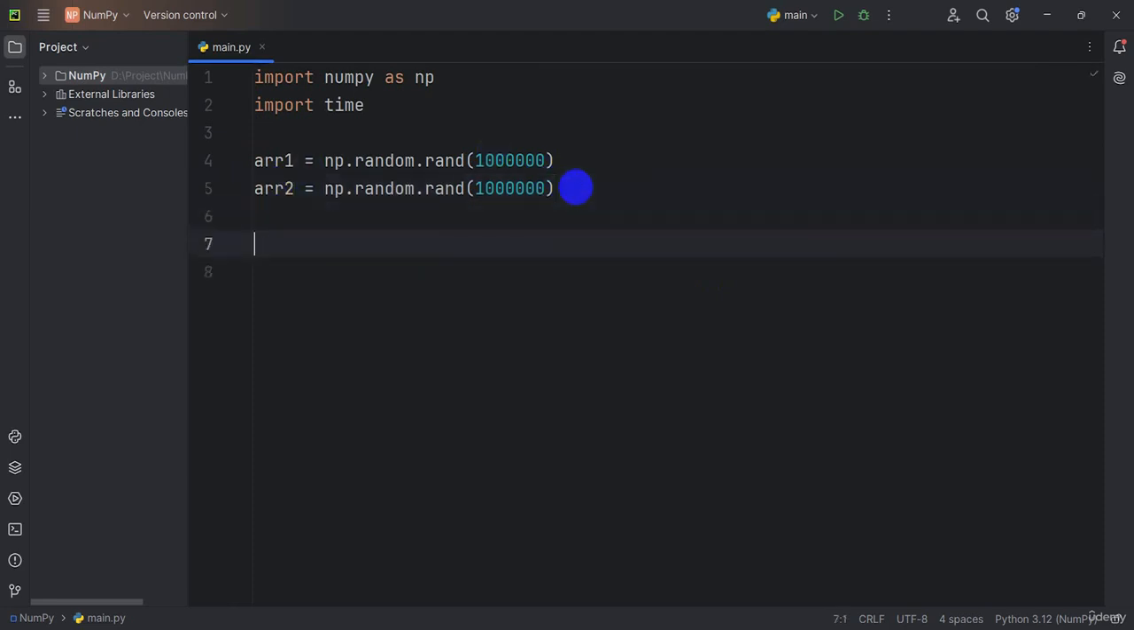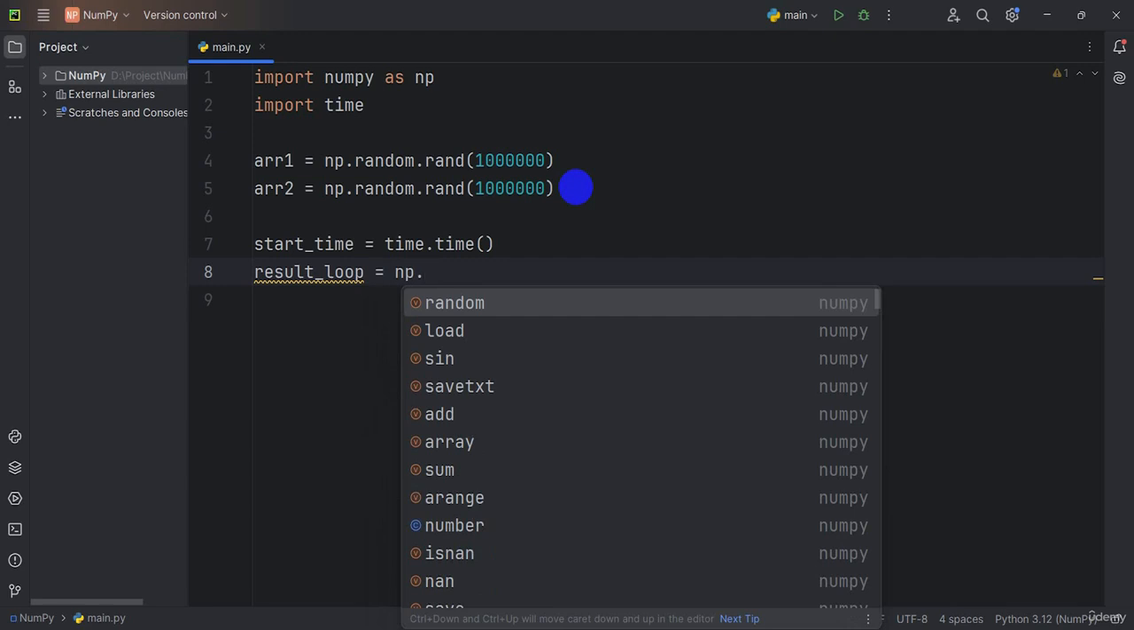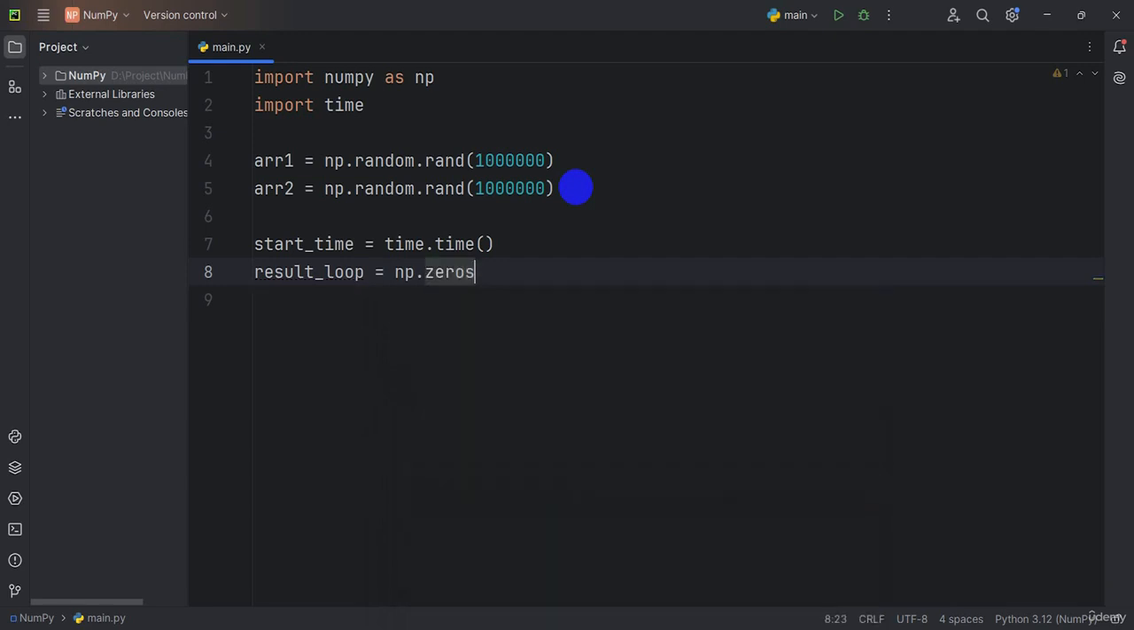Okay, and now here I'm creating element-wise addition using a loop. So first of all, here type start. Start is not correct. Start underscore time is equal to time dot time method. So next step here I'm typing result underscore loop is equal to np dot zeros like method. Okay, and inside this